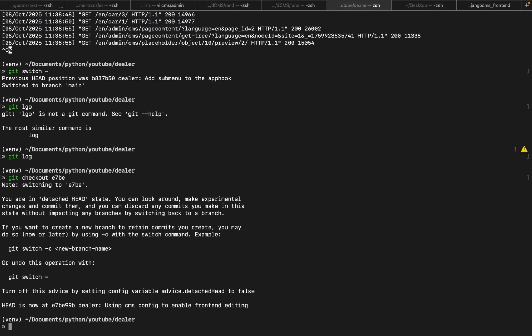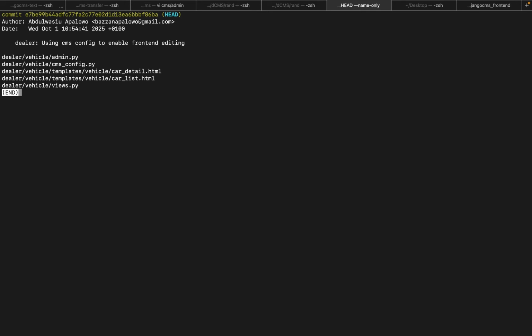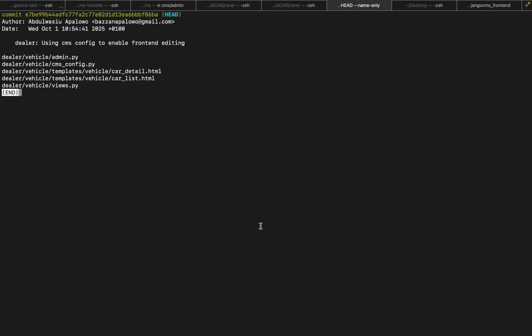So, I want to check what changes we made. Wow, quite the changes. This is one of the main things that has changed in Django CMS land, which is front-end editing. In order to enable front-end editing in Django CMS 4 and 5, you first